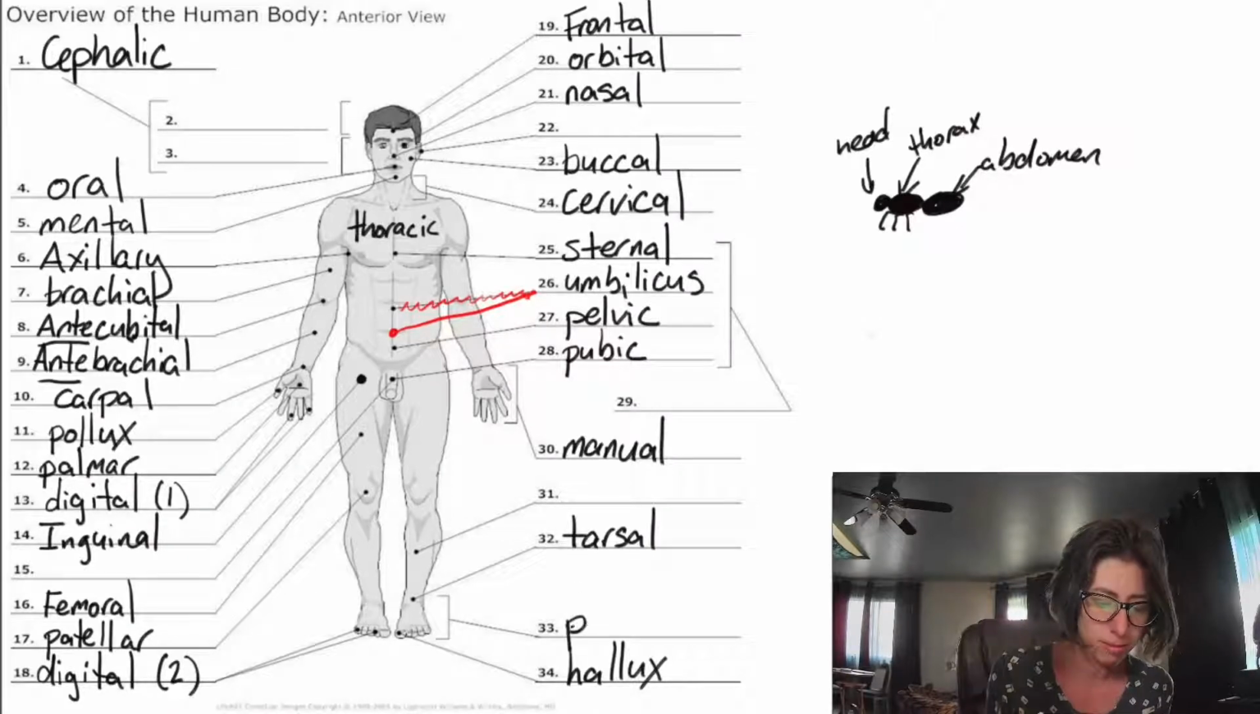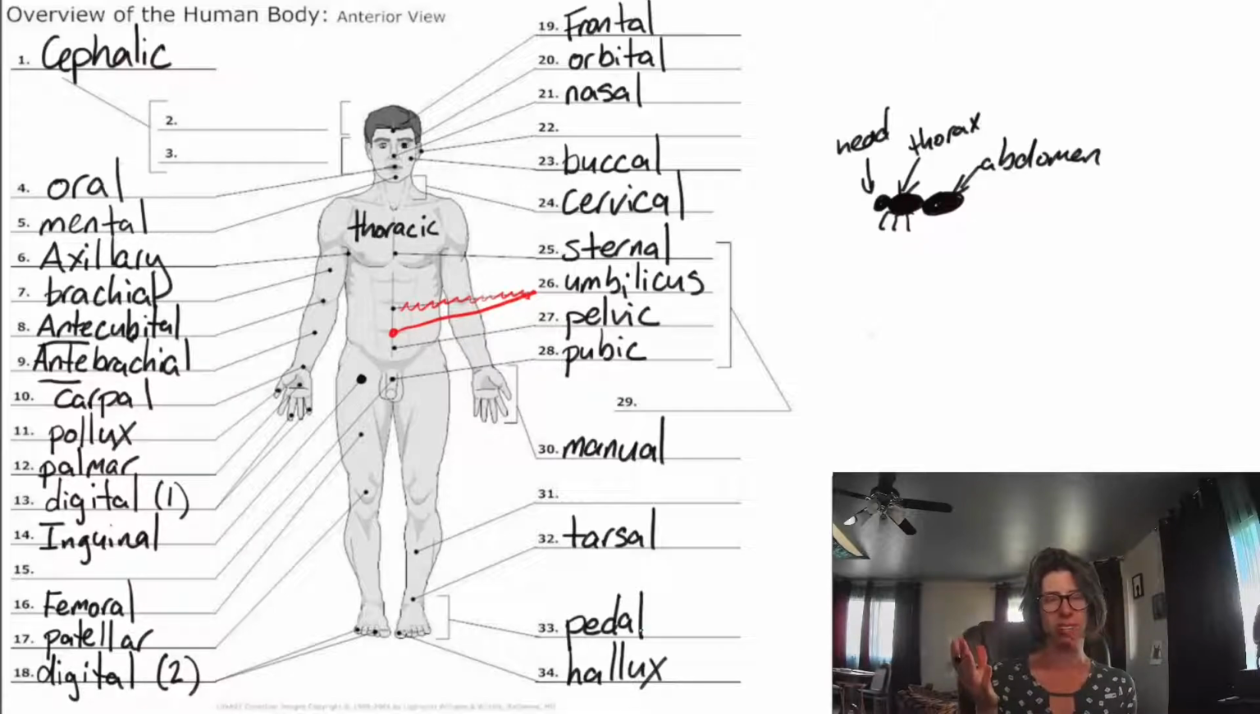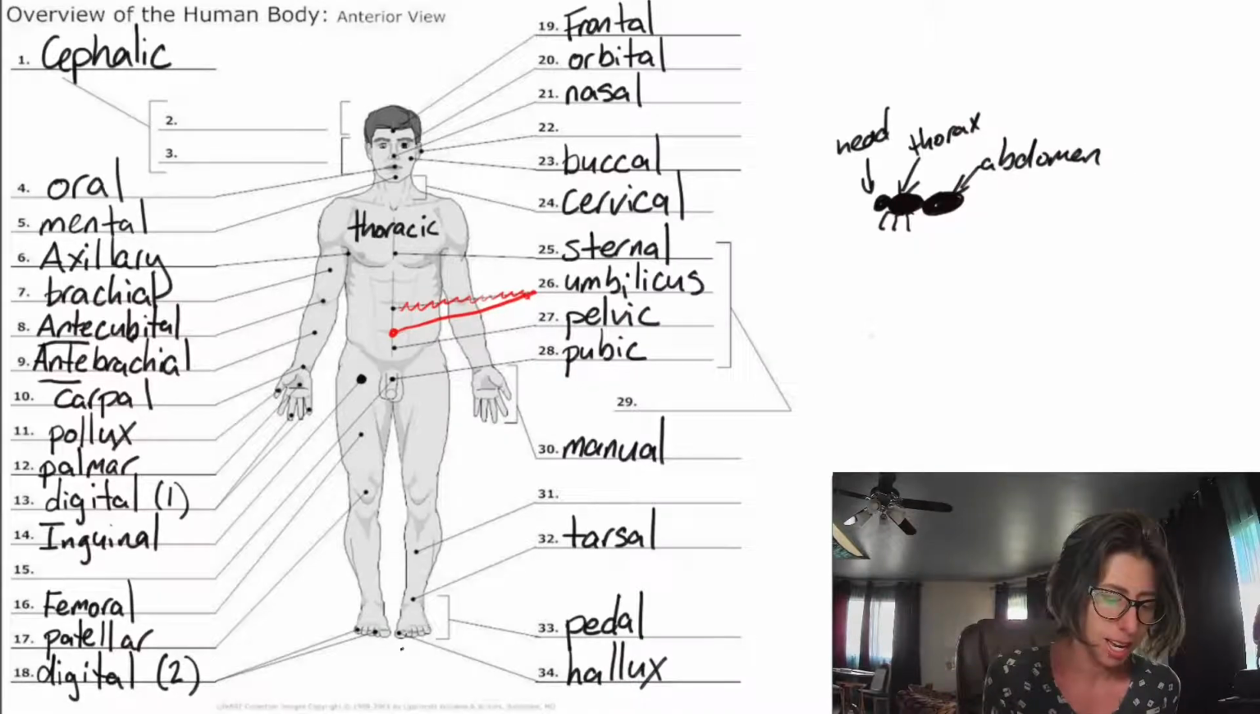Pedal. That's your whole foot, hallux, digits, and all. Okay, and it looks like pedal, like pedaling on a bike, which you do with your feet. So the pedal region is what you pedal with. And there's one more foot thing I want to put in here,